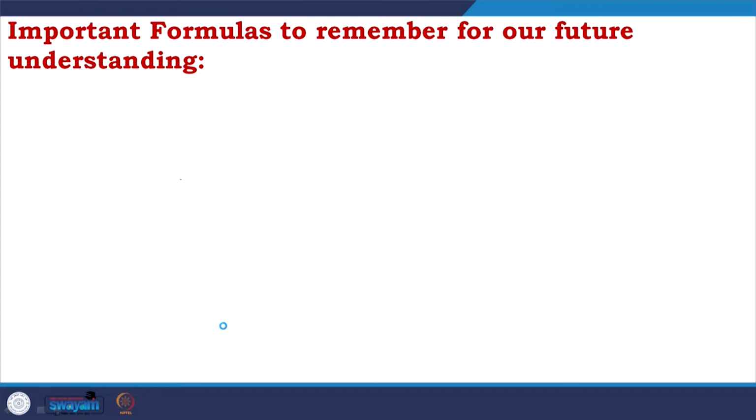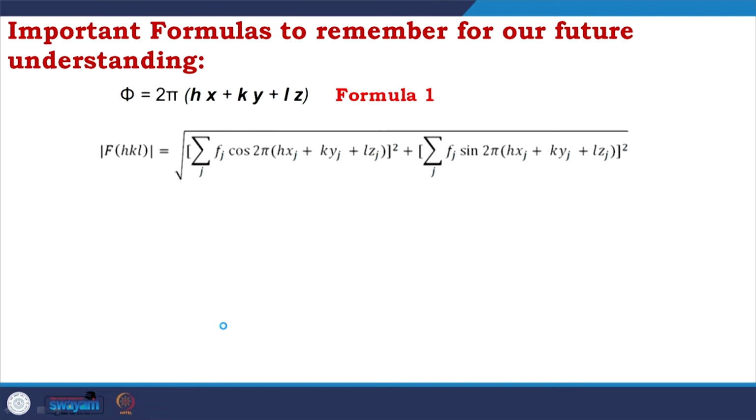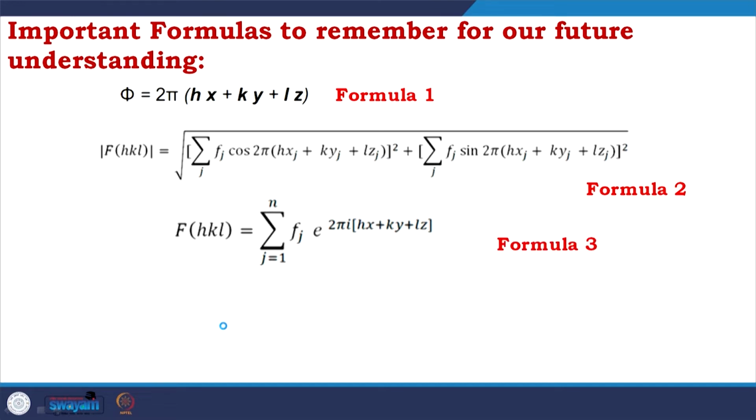A few formulas we have picked up are important. One is phi equal to 2 pi (hx + ky + lz). Next, F(hkl) equal to the square root of [summation over j of f_j cos 2 pi (h x_j + k y_j + l z_j)] squared plus [summation over j of f_j sin 2 pi (h x_j + k y_j + l z_j)] squared. This we call formula 2, which is reduced to summation from j equal to 1 to n of f_j e to the power 2 pi i (hx + ky + lz), that is formula 3,